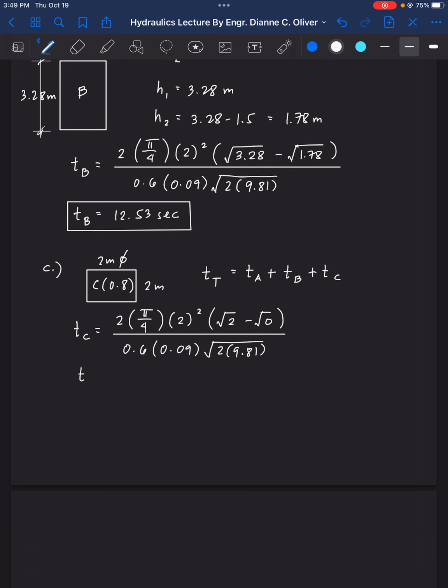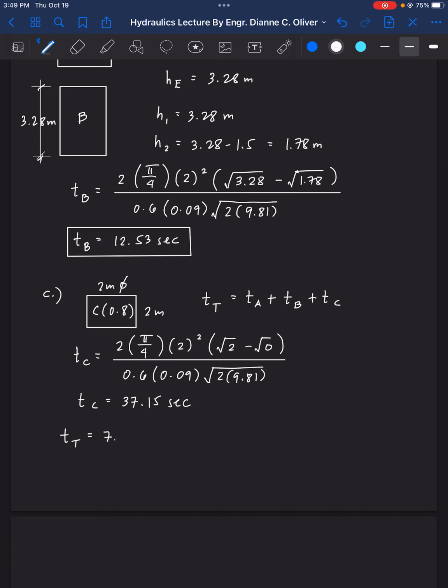So time C is equal to the square root of 2.6.09 square root of 2 times 9.81. So 37.15 seconds. So the total time is now equal to